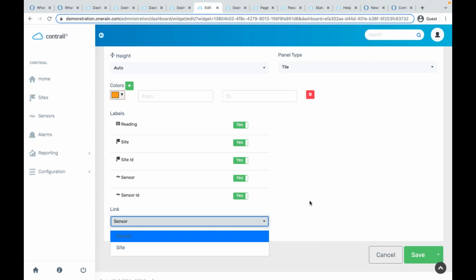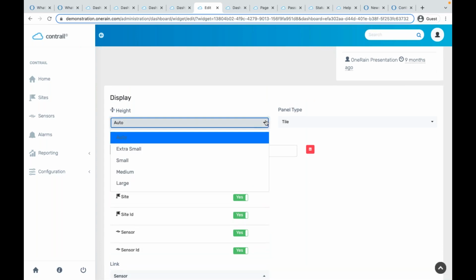So glad to have additional ways that we can really customize and dial into that. One other thing, the height for this tile widget, and we now have an extra small size, very compact, nice and easy to read if you want to have more readings for the space that you have, trying to fit in a lot. Pack a punch is the phrasing I was trying to look for. We can really get all of those in there in a short amount of space using that extra small height